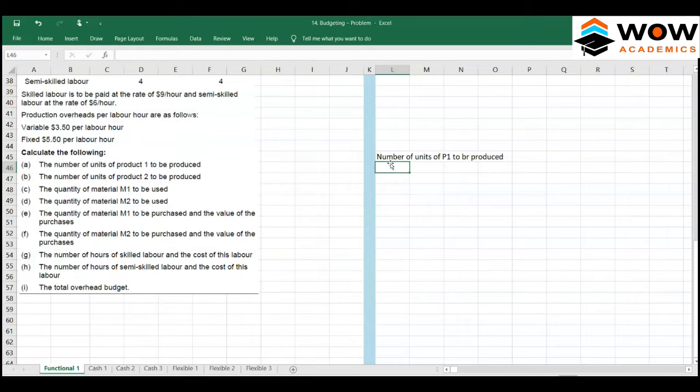The second would be number of units of P2 to be produced, and quantity of M1 to be used, quantity of M2 to be used, quantity of M1 to be purchased